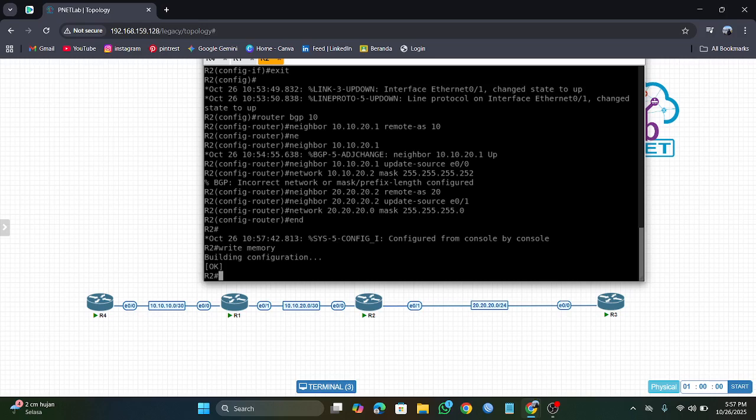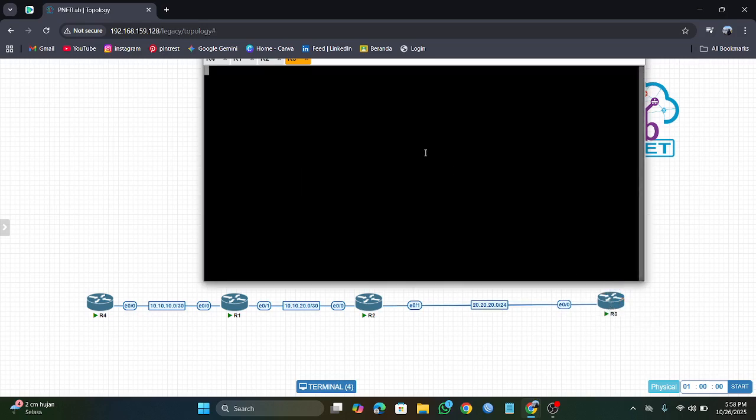Next, you can open router 3. Double click, enter, click no. Okay.